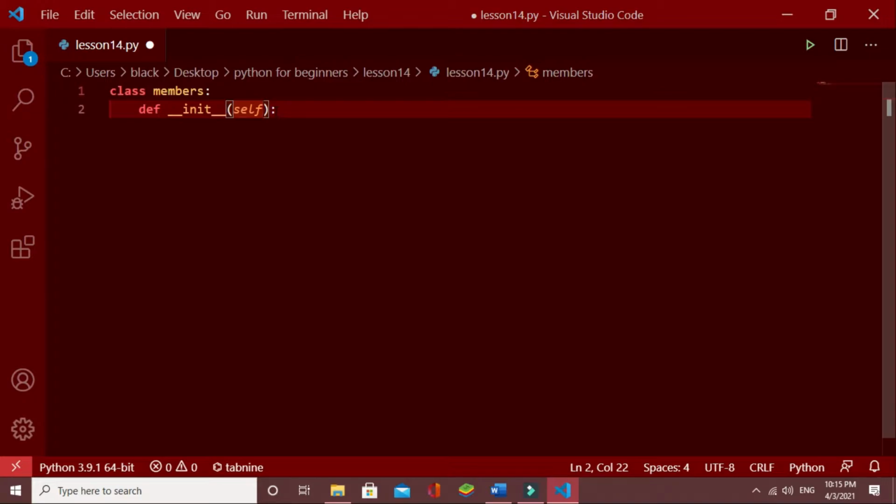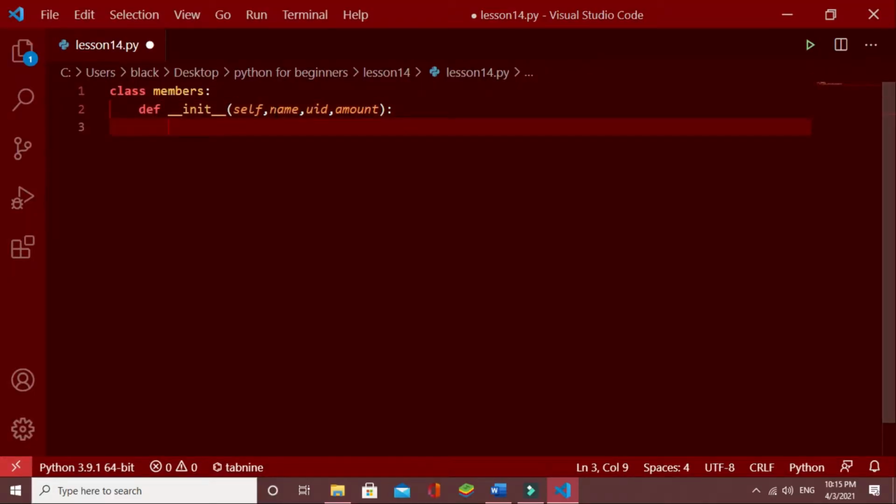So let's say this member has a name and user ID, I'll call it UID, and amount. Amount is the remaining balance of this bank account. And this self is an instance of an object.